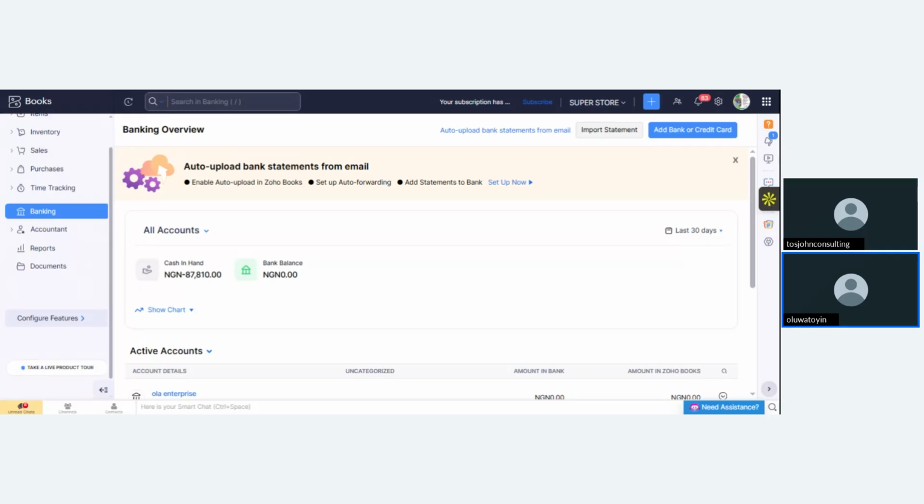So the bank will now charge you 10% on the interest, which is 10,000 withholding tax. That withholding tax is a final tax that you pay on the interest generated on your investments.